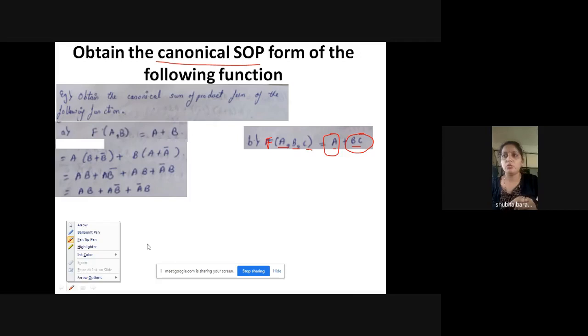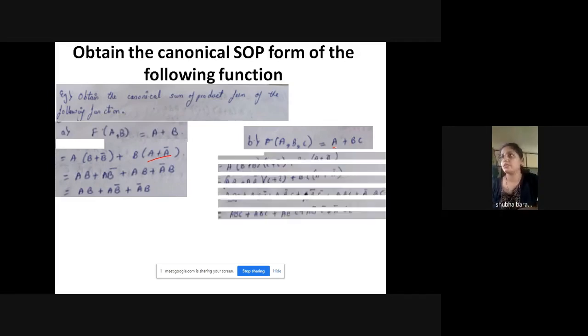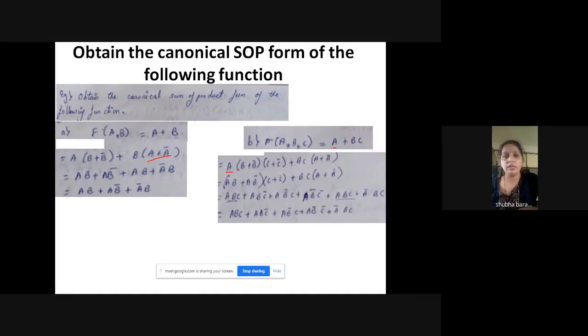Okay, so what I'll do, I'll use the similar property which I have used here. Along with A, see what I did, along with A, I have taken B plus B bar dot C plus C bar. Okay, and with BC, see here alphabet A is missing, so what I have taken, BC I have kept as it is, then I have taken A plus A bar.